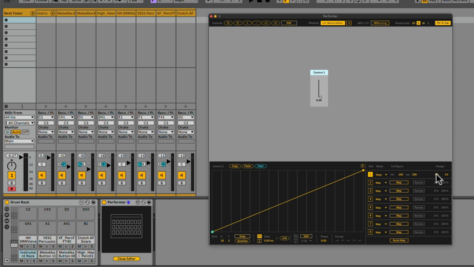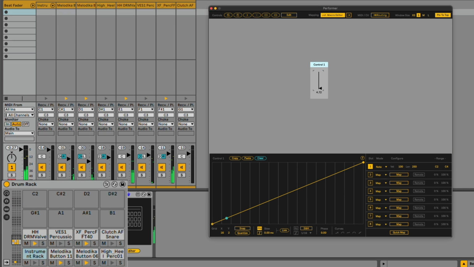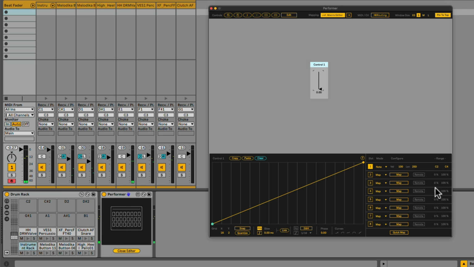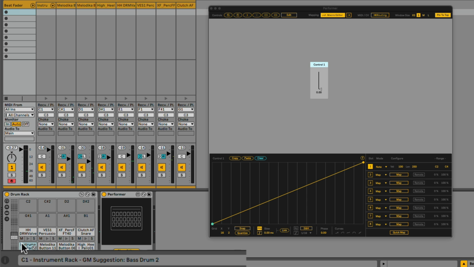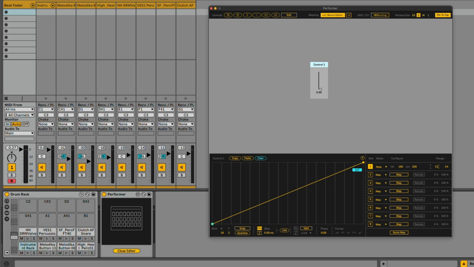Next, we need to set the range. So right now, if I move this fader, as you can see, it triggers all the range of all the notes, all the MIDI notes. Let's set the range right here in the drum rack. If we hover our mouse over the pad, it tells us the note on the bottom in the command line. So C1 all the way to G1. Let's do that. C1 and G1. Nice. And now if I move this pad,